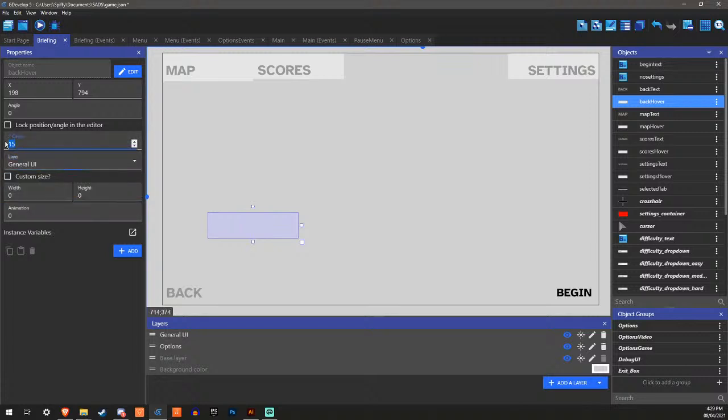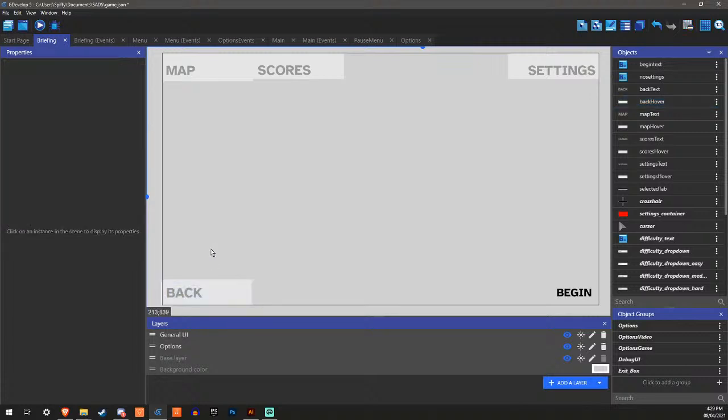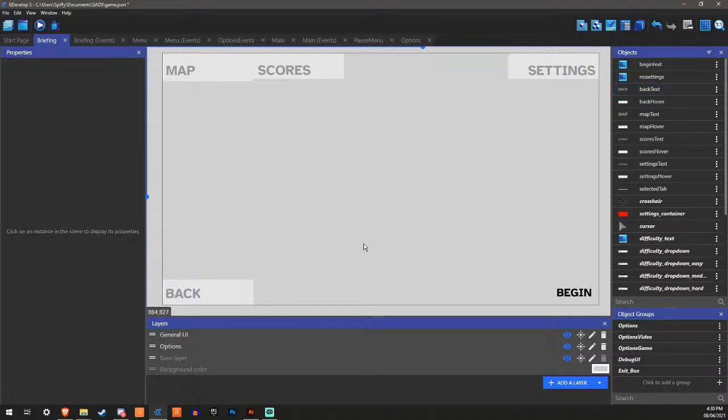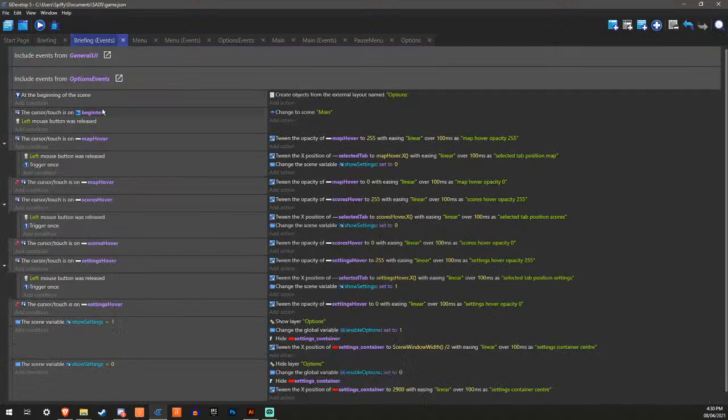Put this onto general UI level 1. Let's put it at 0 by 1080. And then 14, I think. Yeah, 14. And then 1000 should be right. Cool. That's good.